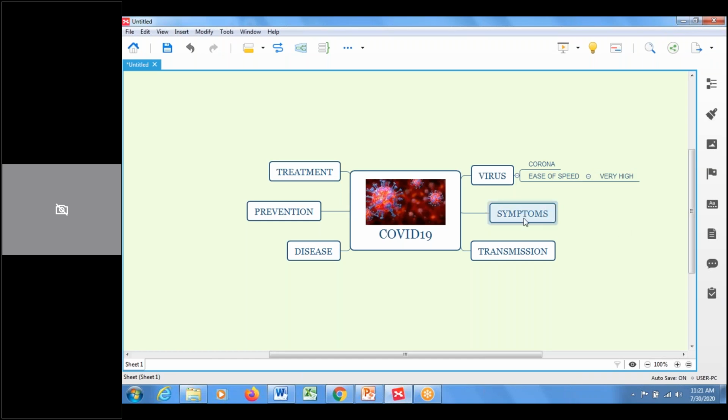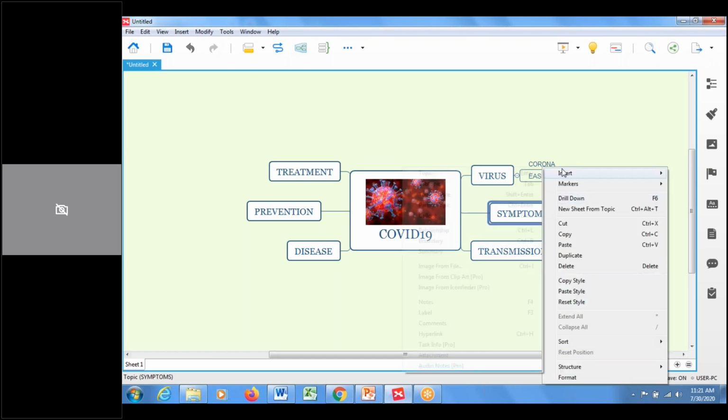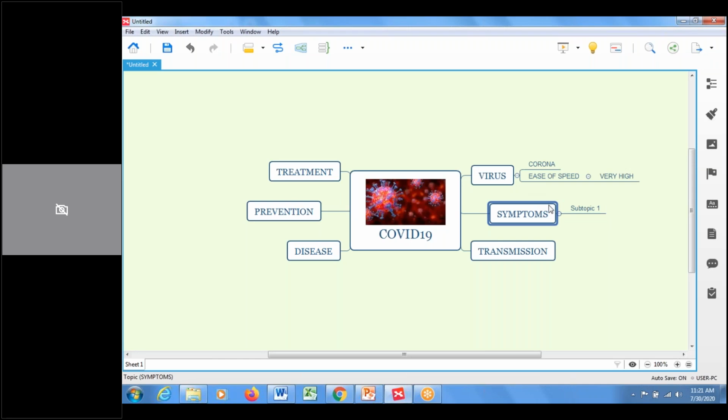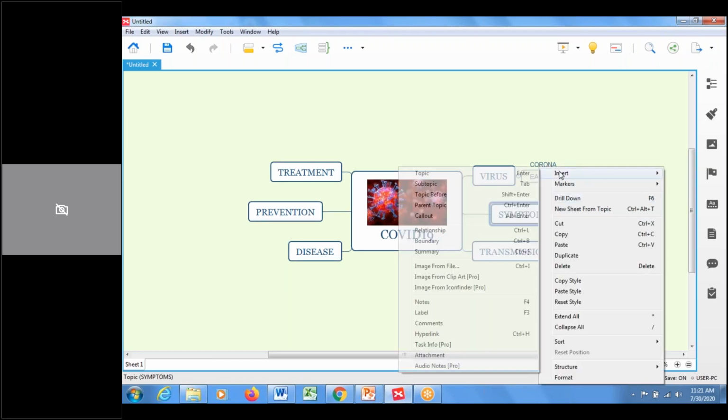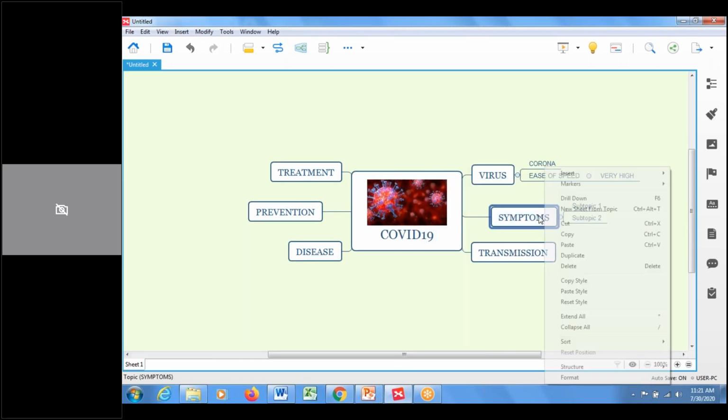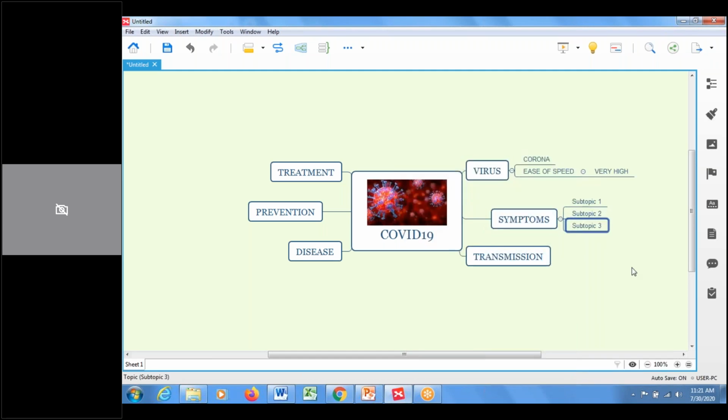What about the symptoms? Second branch, for example, single left click to select the branch and single right click, insert subtopic. Again insert subtopic, again insert subtopic. For example, I would like to have 3 sub branches for this branch. So what are symptoms?